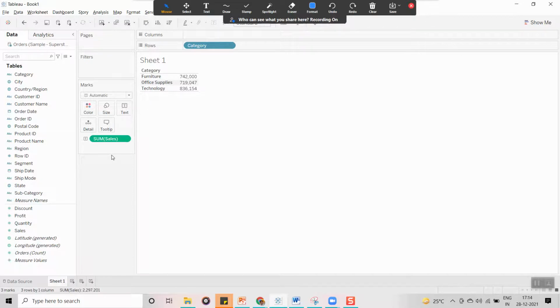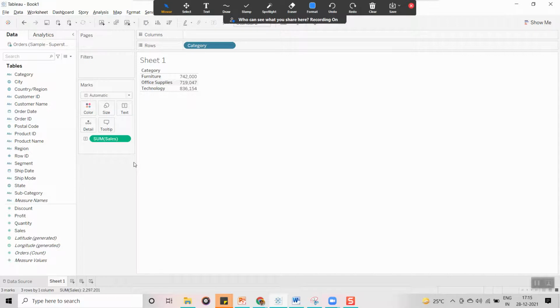Now, what will happen if you drag blue fields and green fields into your visualization? All the blue fields we call dimensions, and all the green fields we call measures. You have to be very clear on this concept, because whenever you create a visualization you have to remember what blue means, what green means, and how they work.